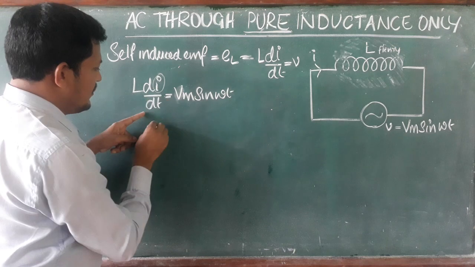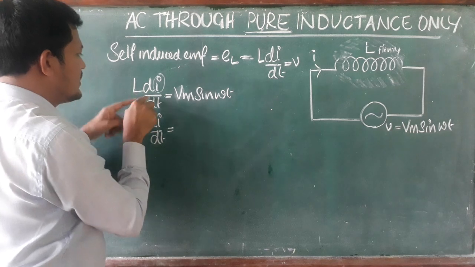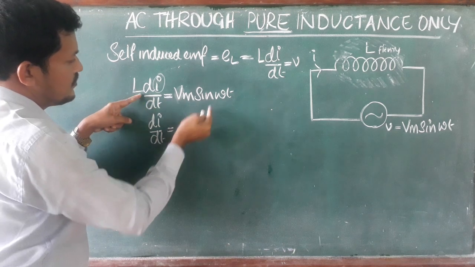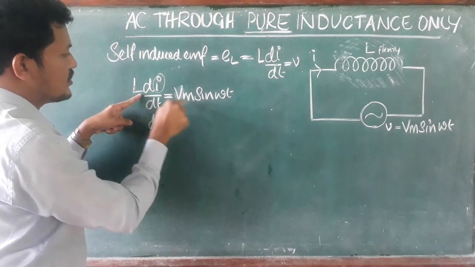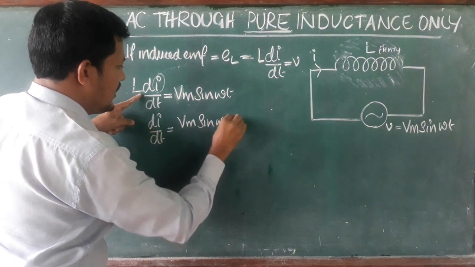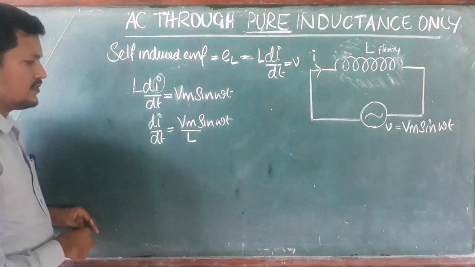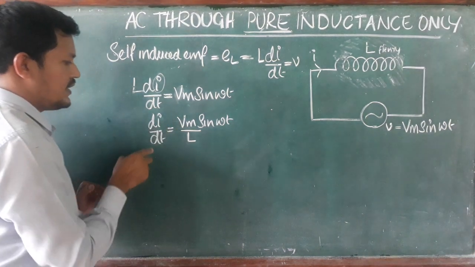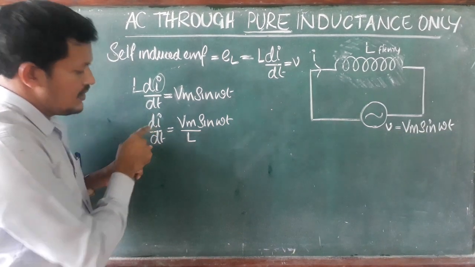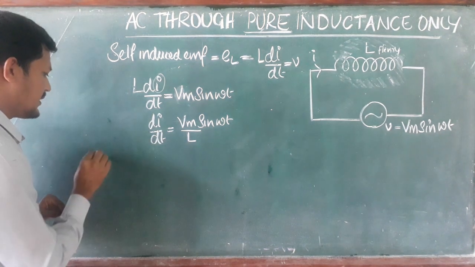First of all I am taking di by dt, keeping d by dt here. L is in the numerator, so when it goes to the right hand side, the numerator goes to the denominator. So Vm sin omega t divided by L. Again we want the current only. This one is in differential format, so we want only current. Differential format means taking the integral, it becomes I. So taking integral